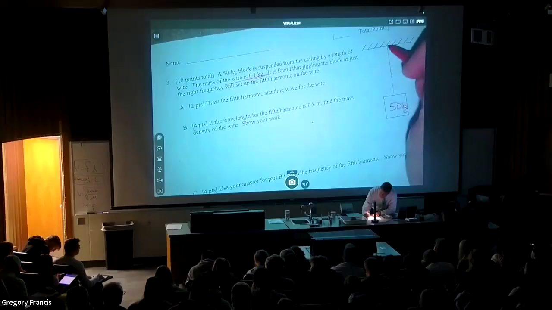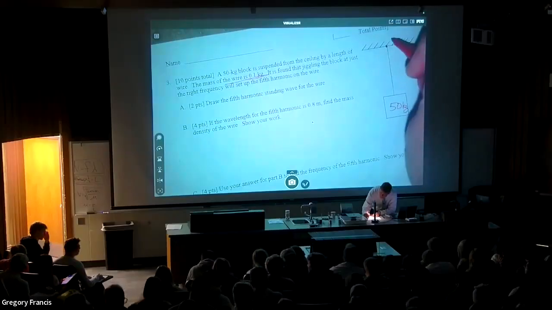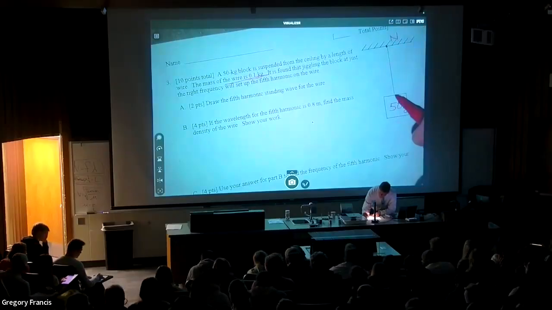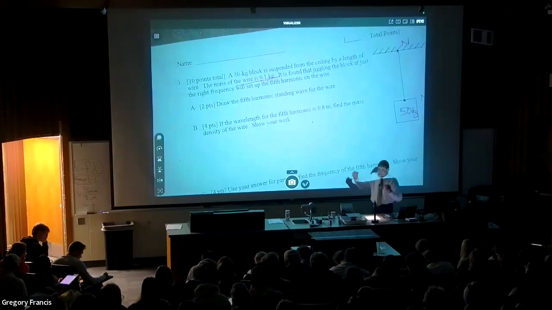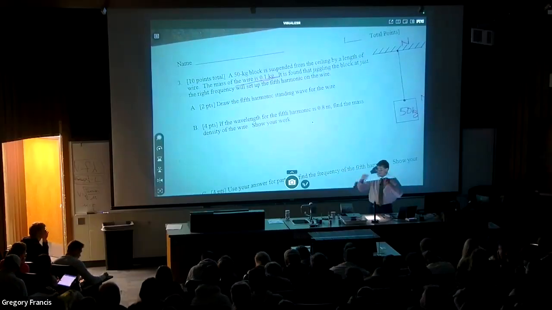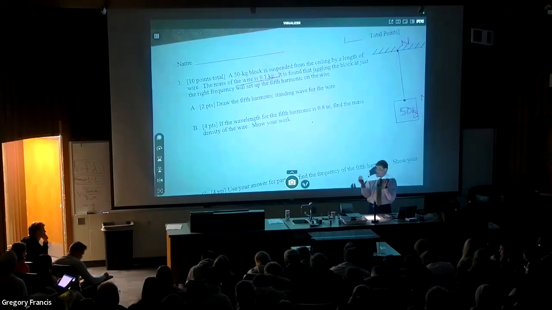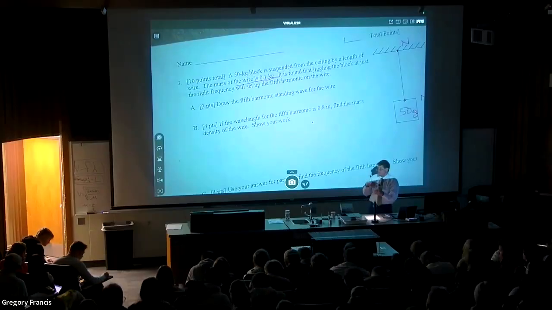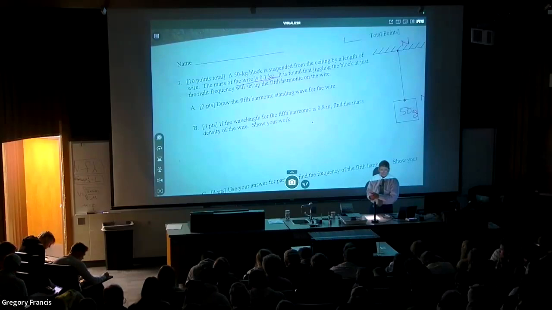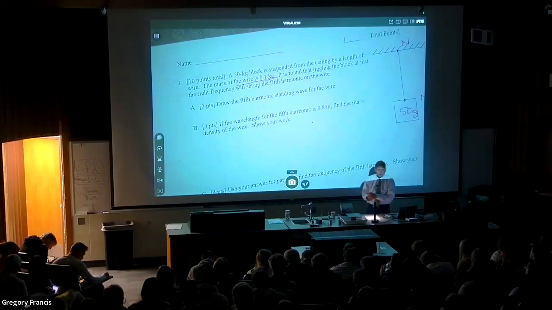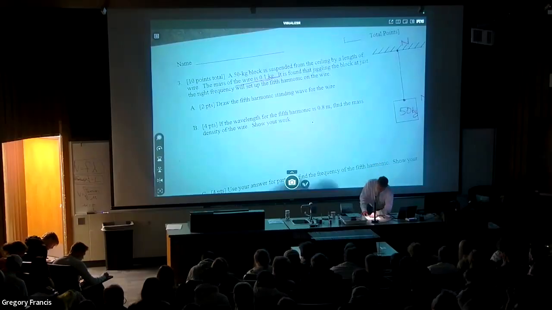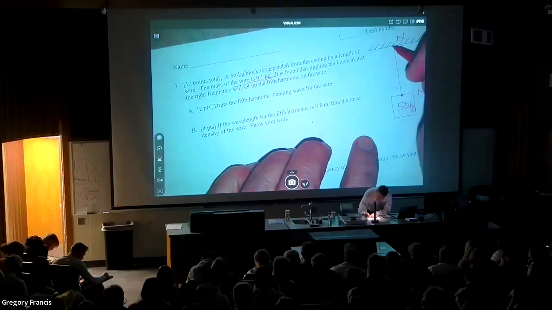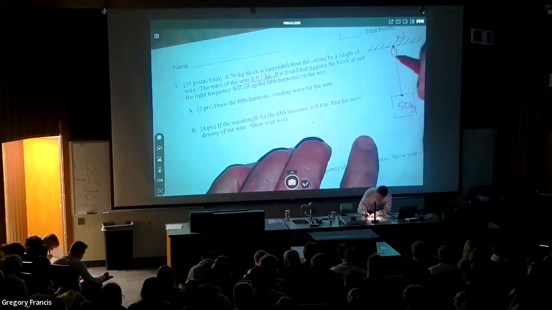Well, where this wire is attached to the ceiling has to be a node, and where it's attached to the heavy block has to be a node. So this is one of those where the endpoints are the same. And so I start with one whole football. And each time I go to the next allowed resonance, I add one more football. So I'm going to go from one football to two, three, four, five footballs. So the fifth harmonic would have 5 footballs,